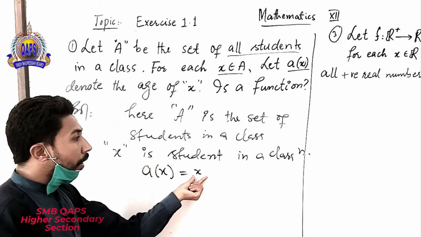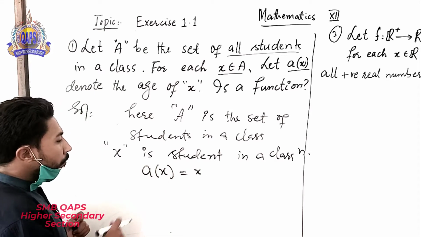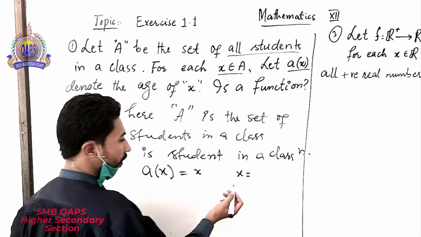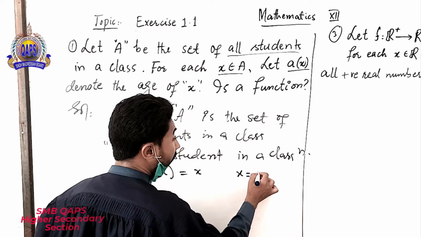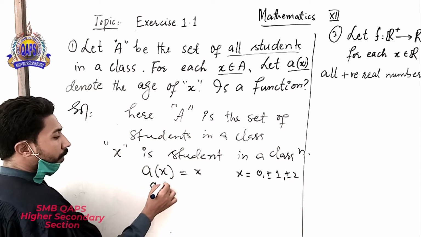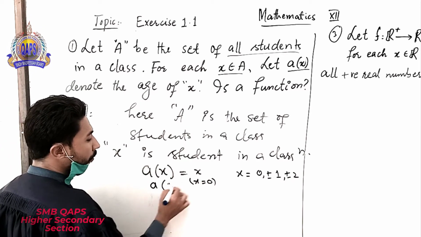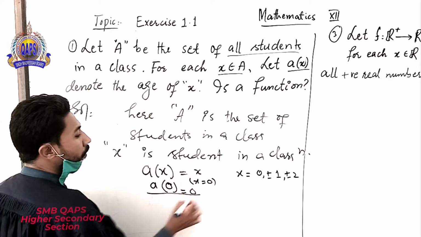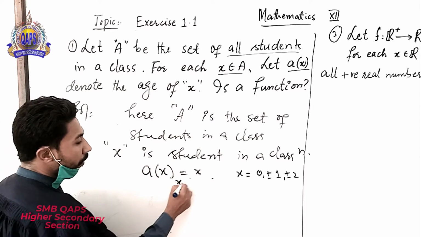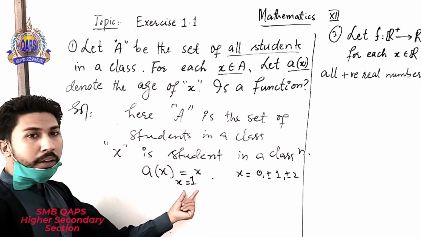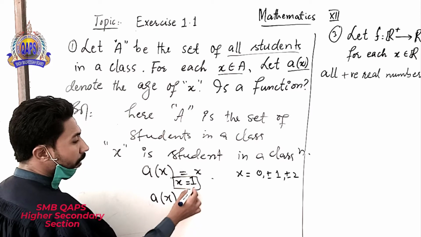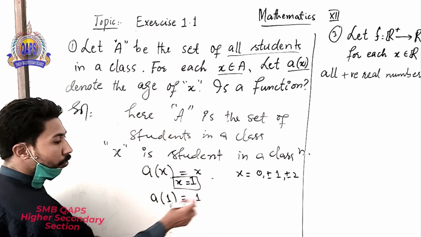in which there are some number of students. So if we put here the values of x, let's suppose x belongs to the real numbers, or any number, either negative, 0, positive and so on. Let's suppose we put x equal to 0, then the result is 0 equals 0. If we put x equal to 1, then what will be the value of the function? Here x is put as 1, then the result is A of x, the function of x at the value 1, equals 1.